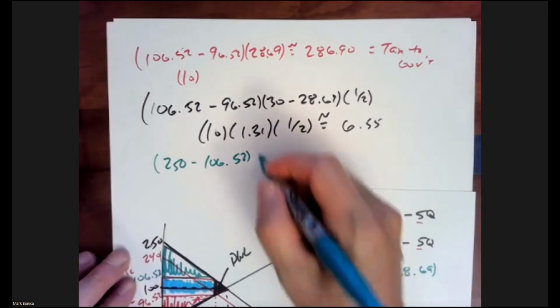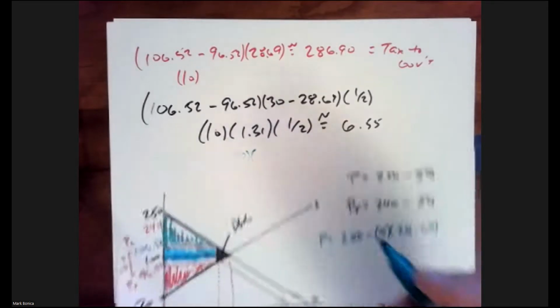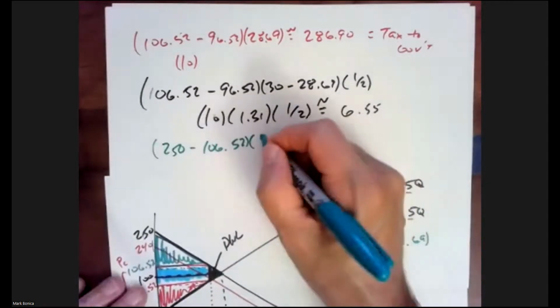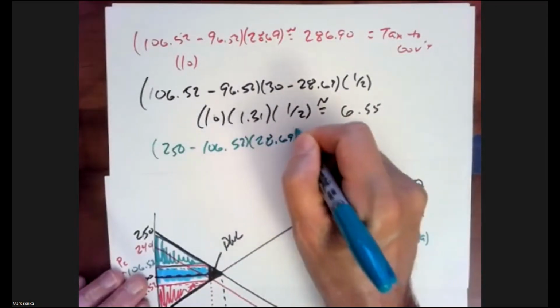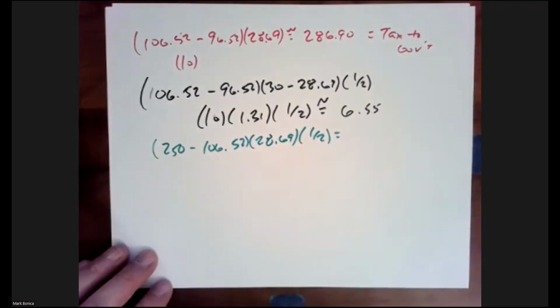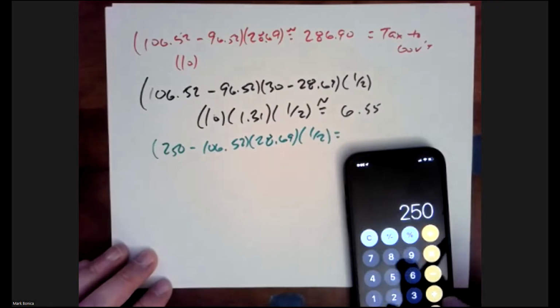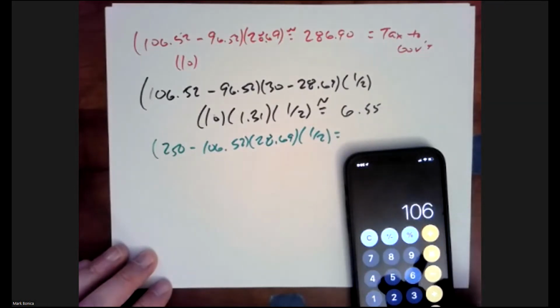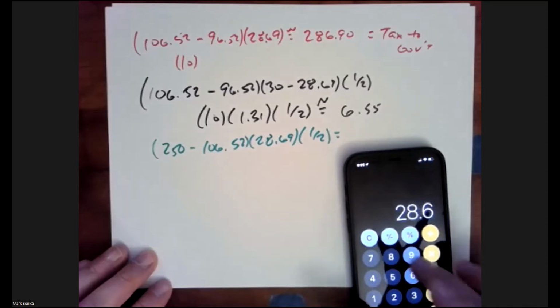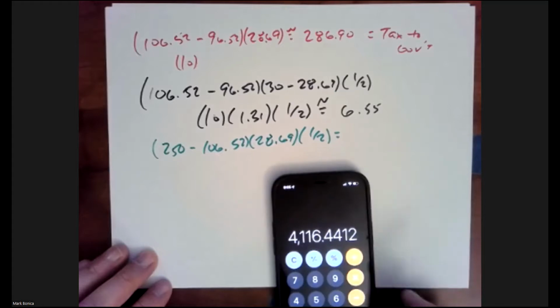That's the height of the triangle, times 28.69, the width of the triangle, times 1/2. So we get 250 minus 106.52 is 143.48 times 28.69 is 4,116 divided by 2 is